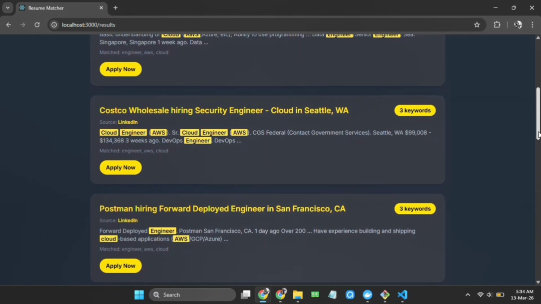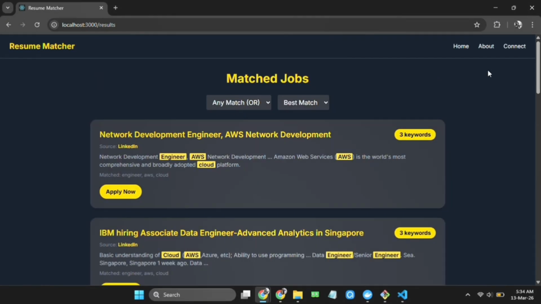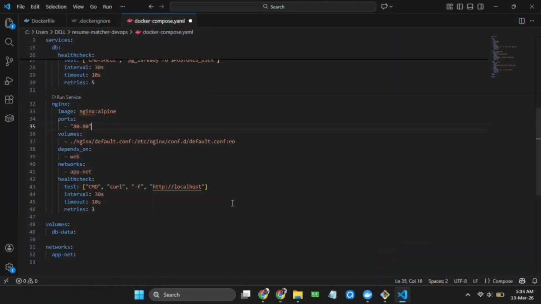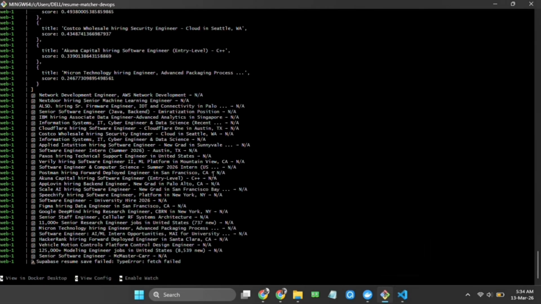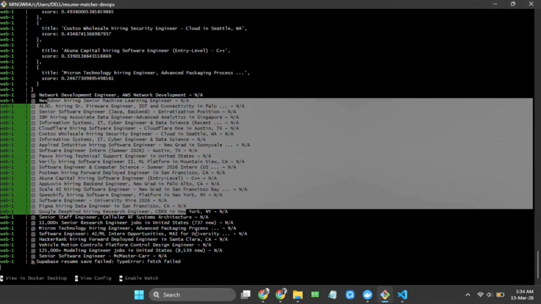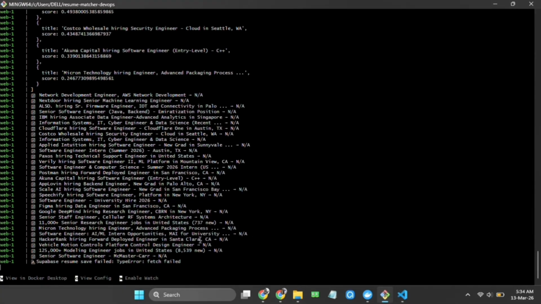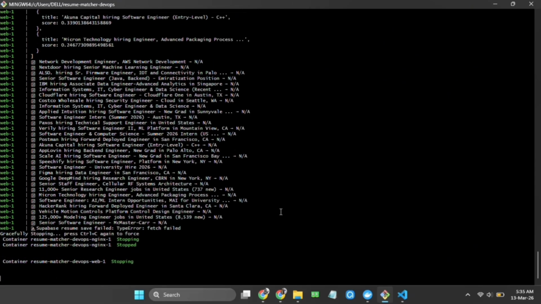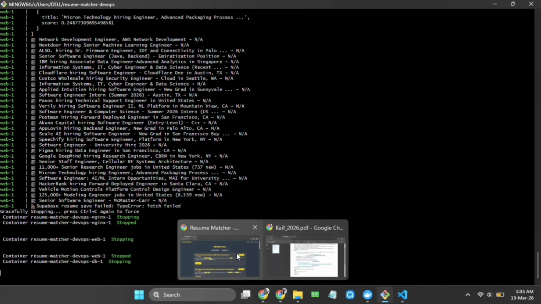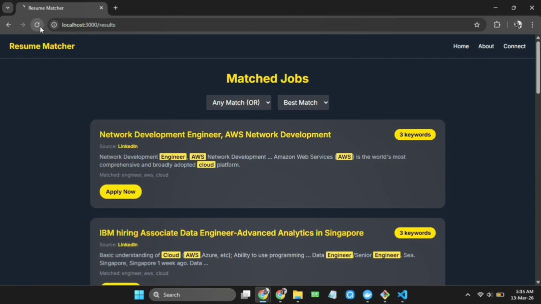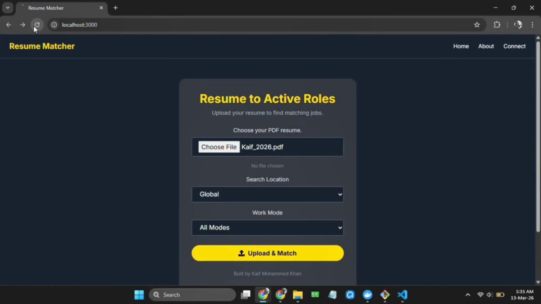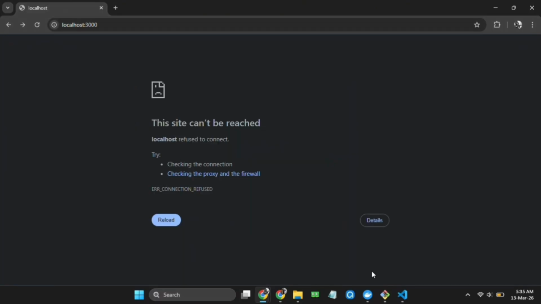This is the result of my resume. Now let's check the logs. As you can see in the logs as well, it is up and running perfectly fine. When I press Control C, it stops this. Now it's stopped. Let's check again. Now it's not running.